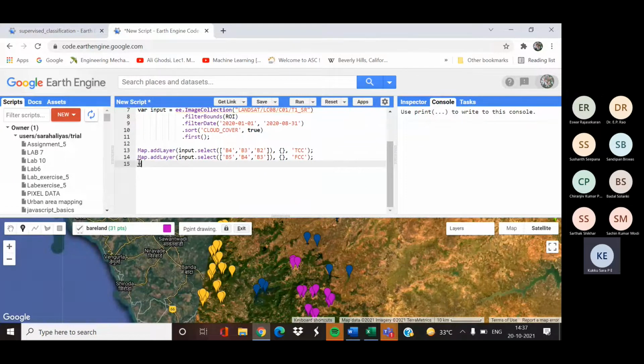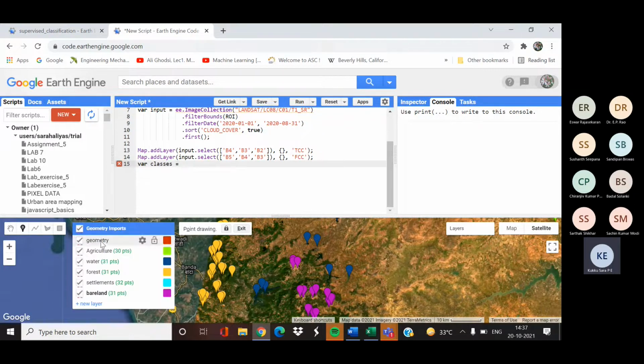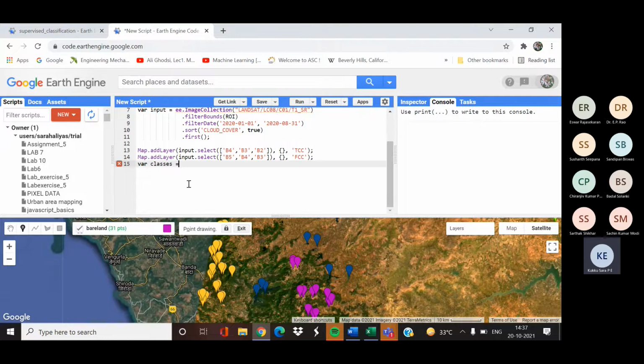So we'll name it as a variable, classes equal to. So first we will merge agriculture dot merge.